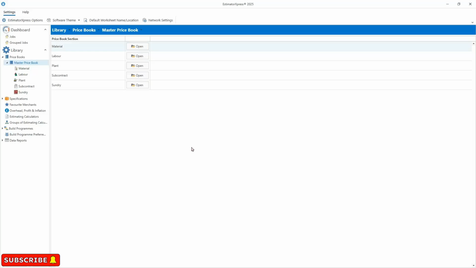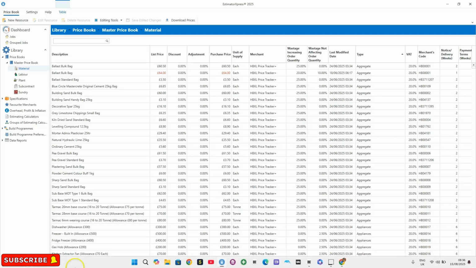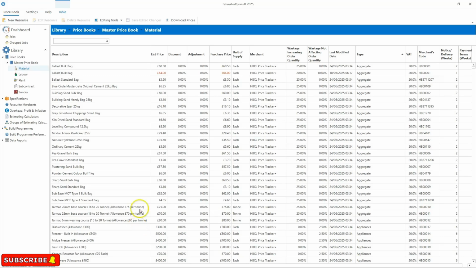As you can see, we have materials, labour, plant, subcontract and sundry item. I'll open the material Pricebook as an example. It'll take a couple of moments for it to do so, and there we have it. This is where the software stores all of the prices for all of its materials, as you may imagine. If we'd like to adjust any of them, it's simply a case of going to the item you would like to adjust,